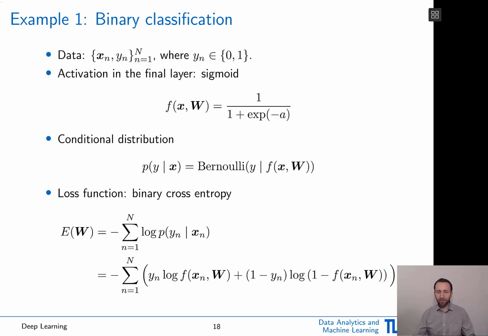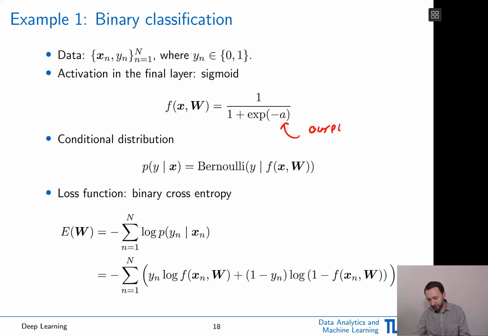And here is what I more or less just said already in this short table, just for your reference. I just do it for one example here. If your data is binary classification, meaning the target is 0, 1, then you want to use this model here. So we have our complicated function corresponding to multiple layers, and in the last layer we use this kind of activation function, the sigmoid. Here this A corresponds to the output before we apply the last layer,